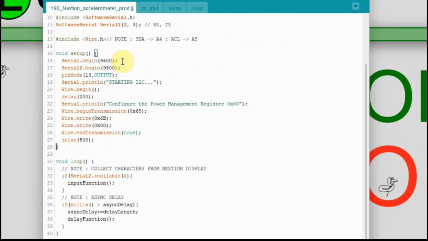Now in the setup, I'm going to initialize both the serial ports so I can see it on the serial monitor and I can see it on the Nextion display. I have this pin mode 13 set to output, and that's for the delay, so you can see the onboard LED turn on and off. I'm going to comment that line out when we get to that port, and I'll explain why. And then I'm going to print a string called starting I2C